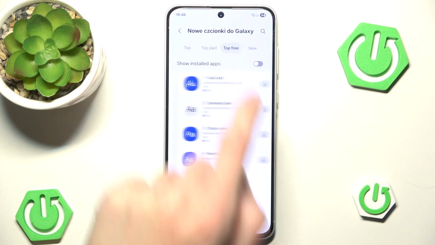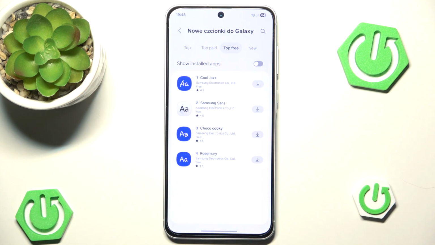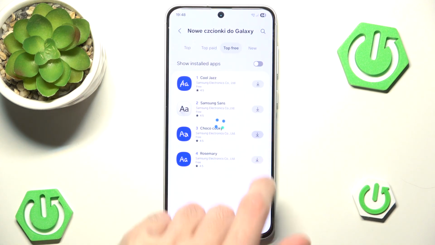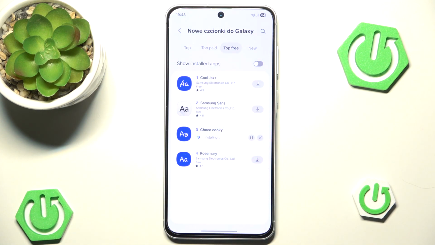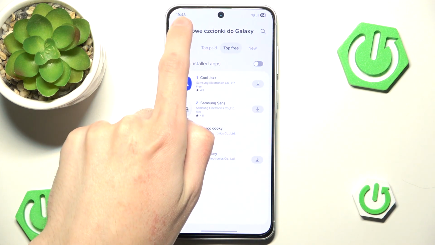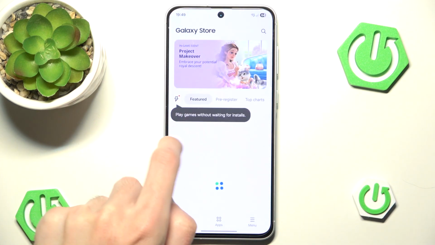Well, let's switch to the top 3, and that's kind of disappointing, but you can go with Choco Cookie, and after it's installed we can leave it. We can leave